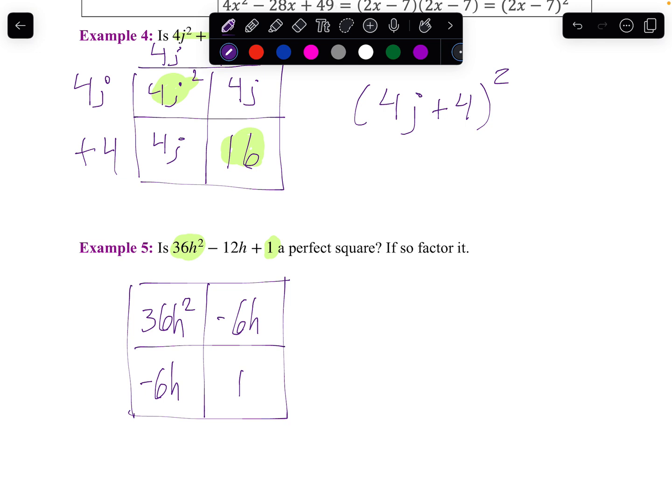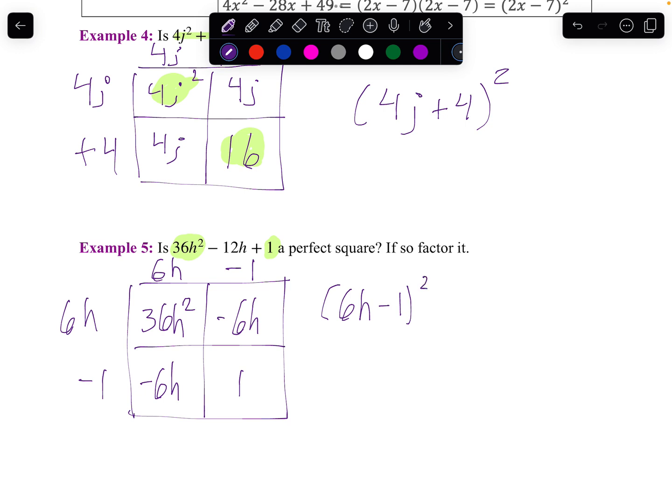So factoring it vertically, I get 6h minus 1, because the only thing that goes into 6h and 1 is 1, but the leading coefficient is negative, so I want to factor it in negative. Going across, I'll get 6h and minus 1 again. Oh, that works out then, doesn't it? So I get 6h minus 1